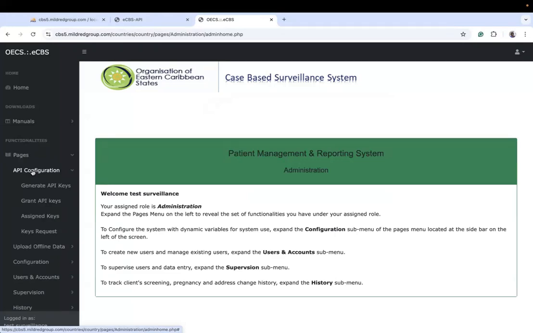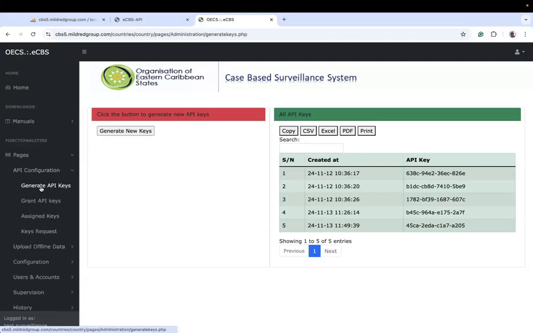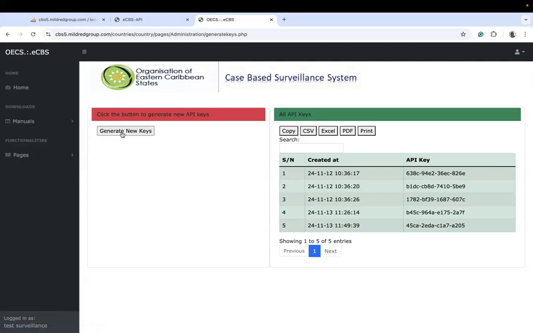One of the first things you want to do before you start using your API is to generate keys on your live system. Now, for all the countries, your APIs are not yet uploaded on your live system. It is going to be done this weekend once I get the subdomain to host the API, if you want it that way. So the first thing you want to do is to generate API keys by just clicking the